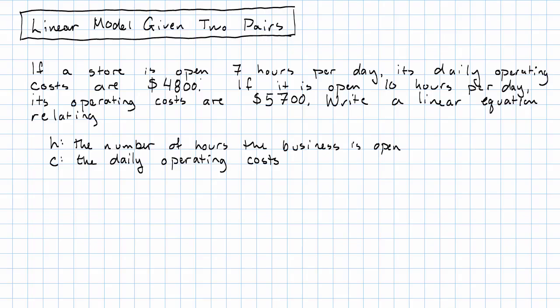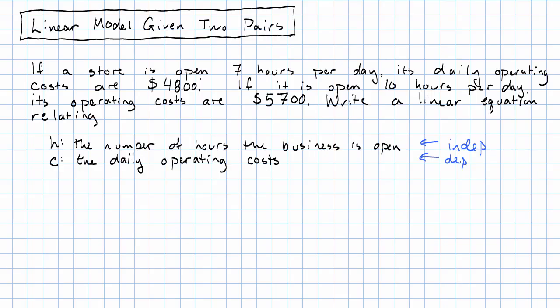Now, there's nothing about this problem that forces us to make the choice I'm about to make, but I think that it's more natural to say that h is the independent variable and c is the dependent variable, because I think it's more natural to think about varying h by 1 and seeing what happens to c than to think about varying c by 1 and think about what happens to h. If you made the opposite choice, however, you would still get a correct equation describing this relationship. So,